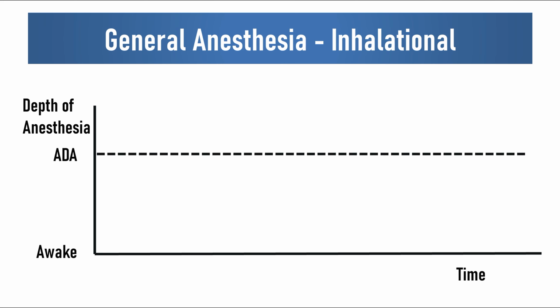So from ether onwards, where it was possible to deliver true general anesthesia, patients were given this particular agent, or all kinds of other agents that followed it, in particular halothane and sevoflurane, and patients were gassed to sleep. And this is what it looked like. Patients would gradually go asleep, there would be a bit of overshoot, and then they would be kept asleep at